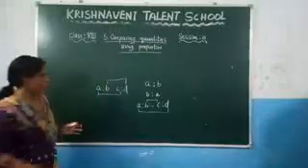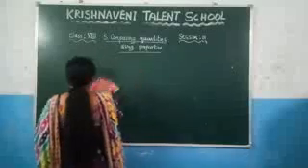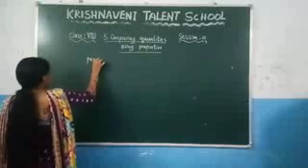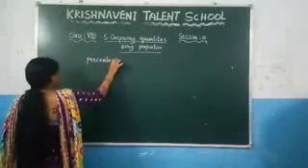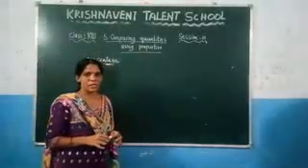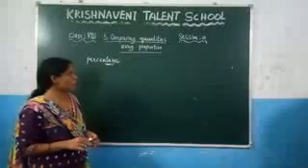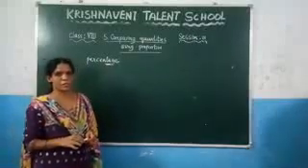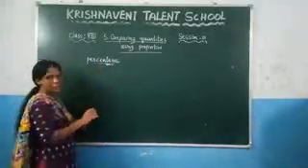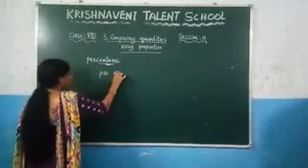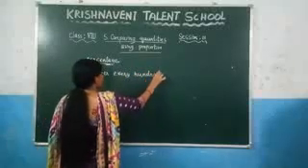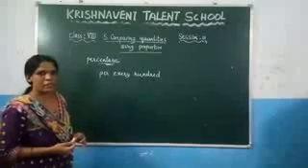Now see the next one, which is the percentage. So we already discussed there are two methods to compare quantities. One is the ratio and the other one is the percentage. We already discussed the ratio. Now see the percentage. What is the meaning of percentage? The name itself says percent. Cent is nothing but 100. So for every 100 you need to calculate the percentage. This is nothing but the percentage.